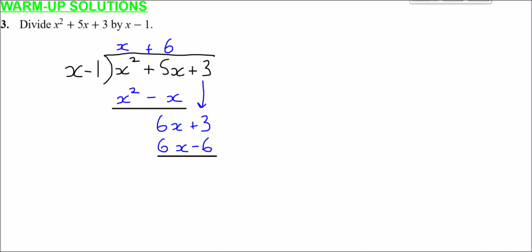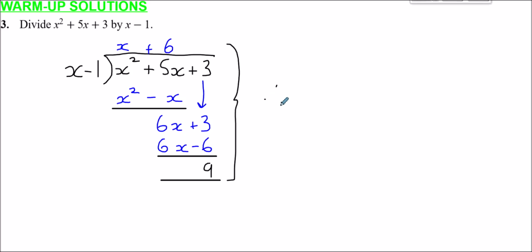We then subtract. So 6x minus 6x cancels. 3 minus minus 6 leaves us with 9. There are no other numbers to bring down, and so we're now done. So 9 is our remainder. And so putting these pieces together,